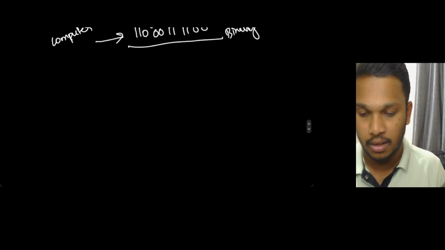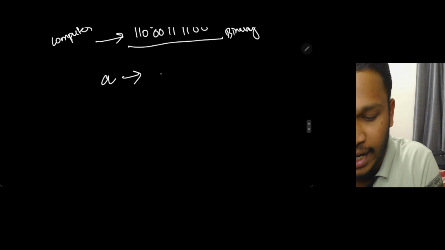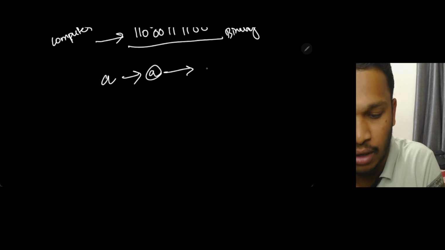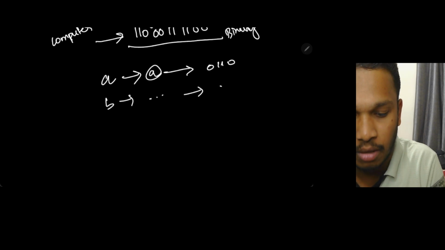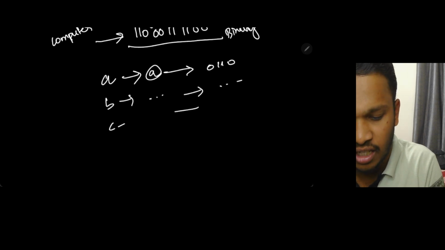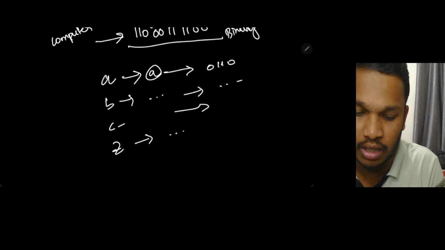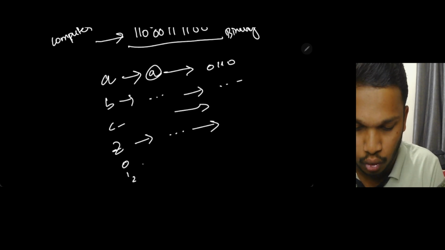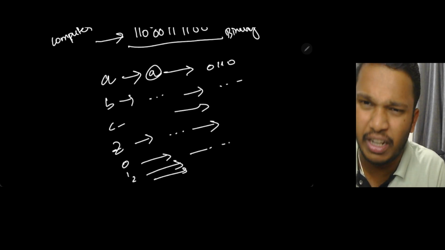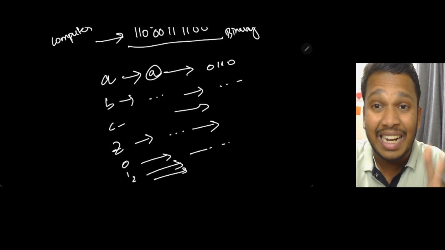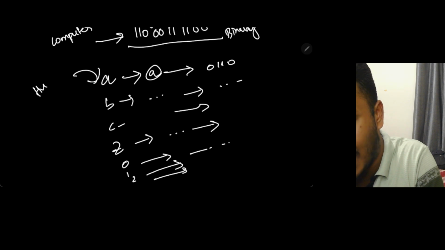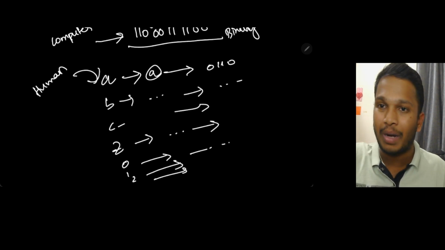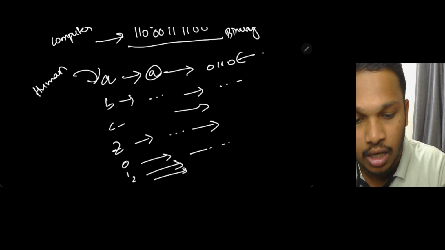They gave some coding. For example, A they gave some coding, like alphabet. They are converting again to 0 1 1 0. Again B also like this, some conversion is going on. Like this C, some conversion is going on. Till Z some conversion is going on. 0 also, 1 also, 2 also, 3 also, everything, conversion is going on. This conversion, this is high level language. High level means human understandable language. This is